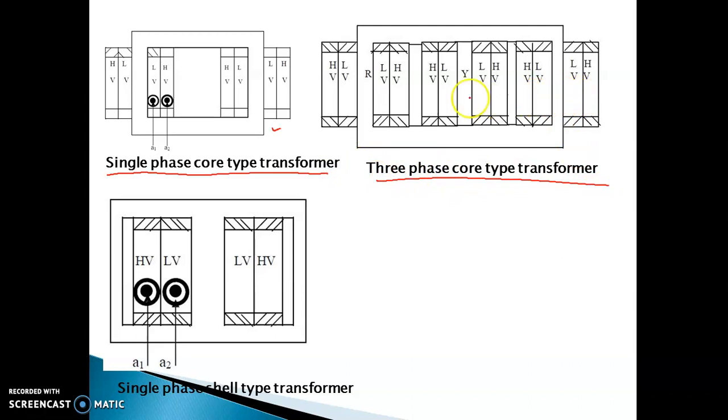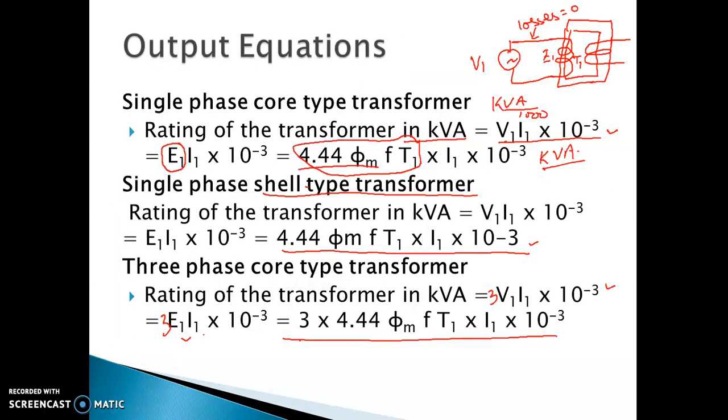And this is the three phase core type transformer. You see 1, 2 and 3. These constitute the first phase, second phase and third phase. So this is the three phase core type transformer, and this is the shell type transformer. You see here shell type transformer, high voltage, low voltage, and high voltage. Basically the difference is that half voltage is applied here and half voltage here. Power rating capacity of core type and shell type transformer is the same in both cases. That output equation is given in this slide.